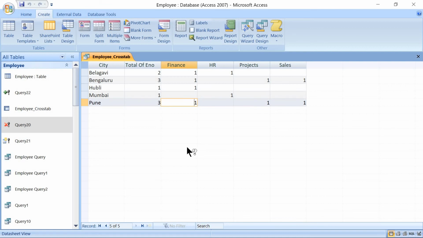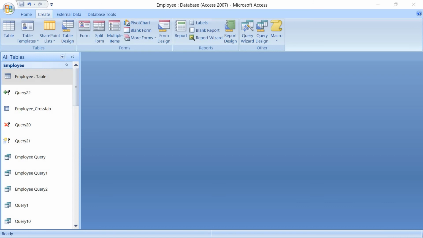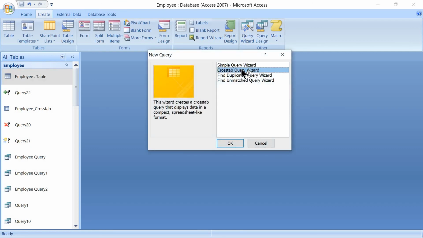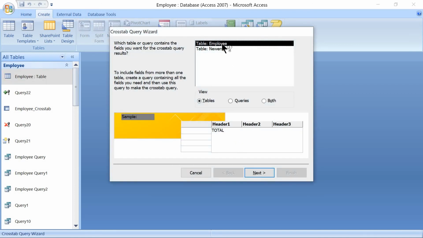When we see this particular table, we have done the analyzing that how many people are from which city and who are working in which department. Now let's go for one more example on cross-tab query here. Create Other Group, click on Query Wizard, then select for cross-tab Query Wizard, click OK. Later select for the table Employee.